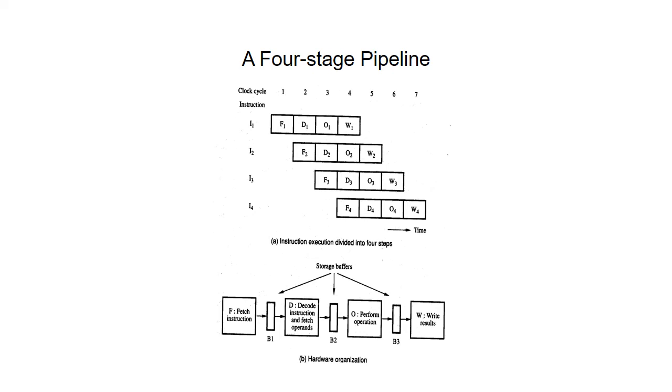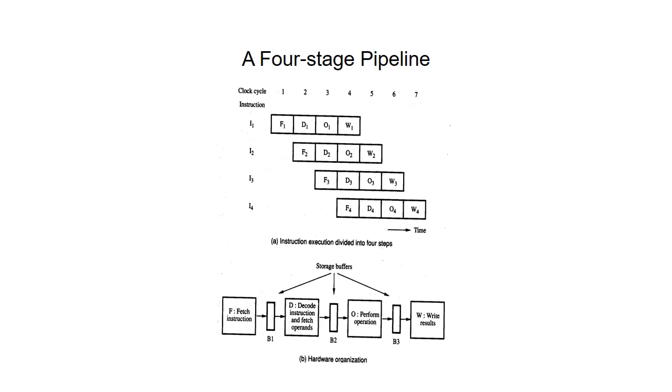So this should be maintained, that is F1, D1, O1, W1. Likewise for instruction set 2, F2, D2, O2, W2. Next F3, D3, O3, W3. Next one is F4, D4, O4, W4. Here